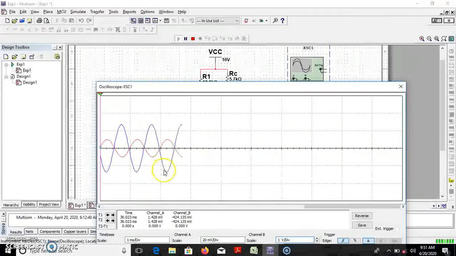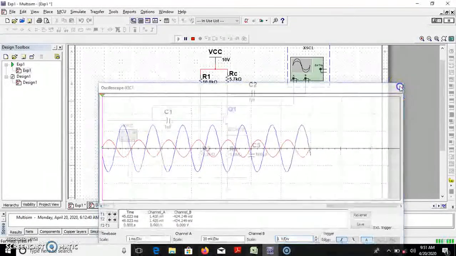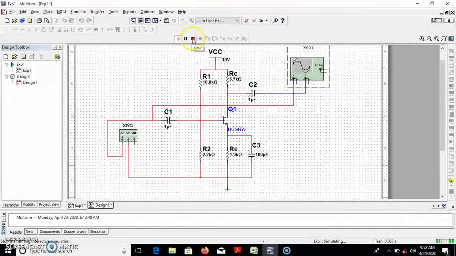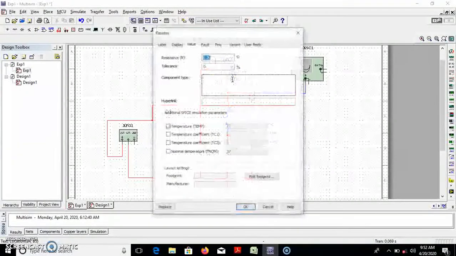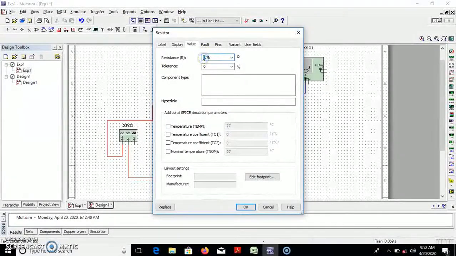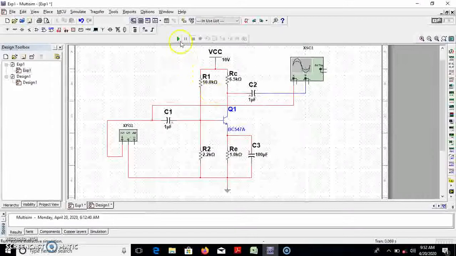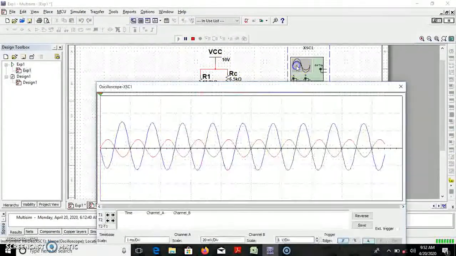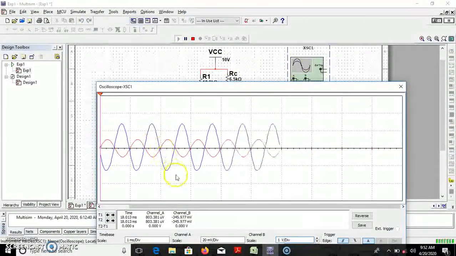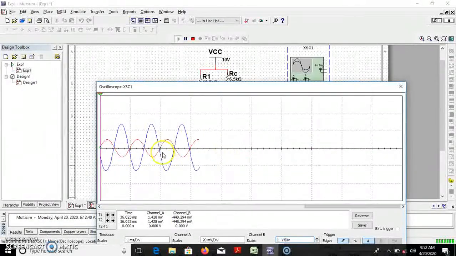No, it shows that both signal peaks are almost the same. So stop it, and once again observe the signal at 6.5 kilo. Click on OK, run it. Now see, the positive peak and negative peak are different.